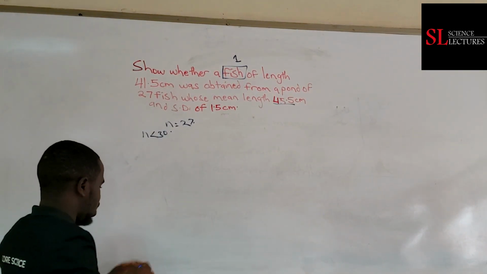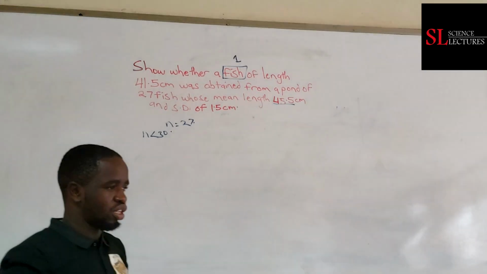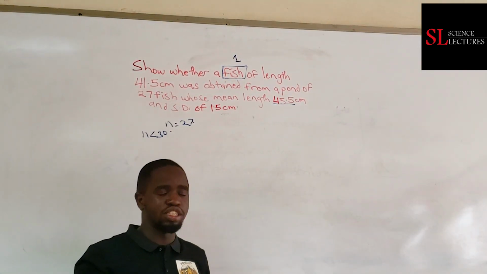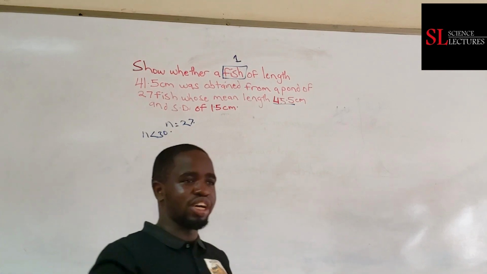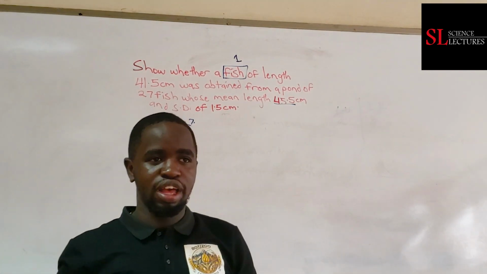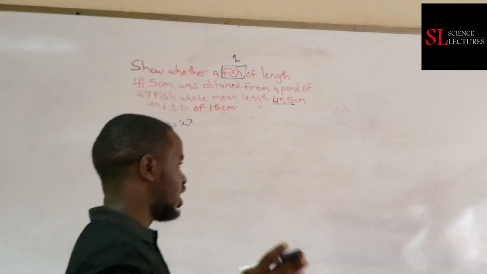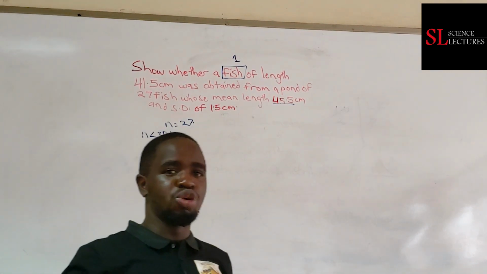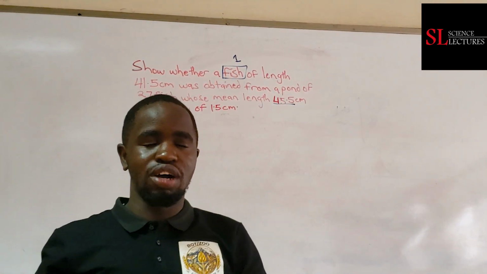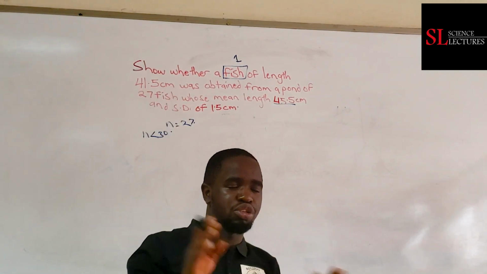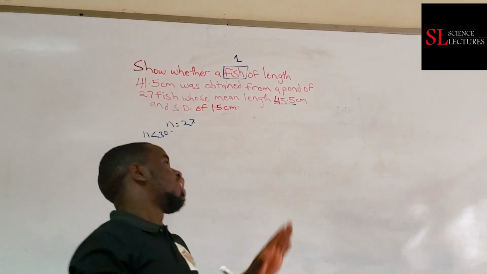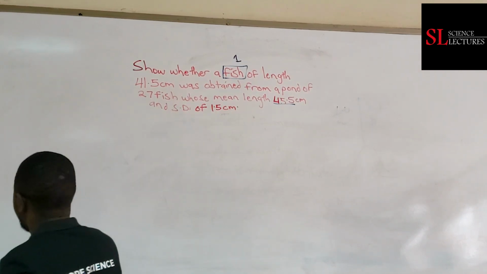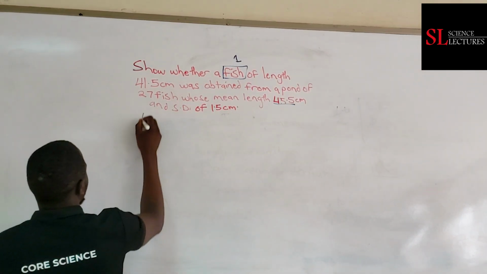So how would you attack such a question? As you told earlier, any test is run or is carried out to confirm a hypothesis. And as biologists, we shall run our tests to ascertain, to confirm or to prove whether our null hypothesis is either right or wrong. So the first thing you're supposed to do is to state the null hypothesis that a fish